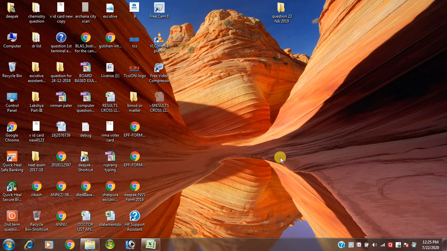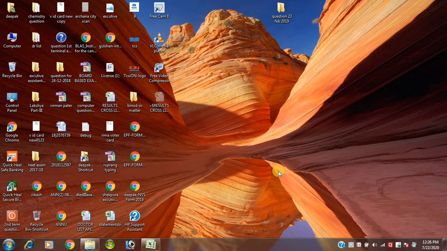Students, today I will discuss how to use the advanced filter, data validation and custom filter. These three features are very important for MS Excel in your class. Let us start. The first one is the custom filter, the next one is data validation, and the next one is the advanced filter. Okay students, let us start.